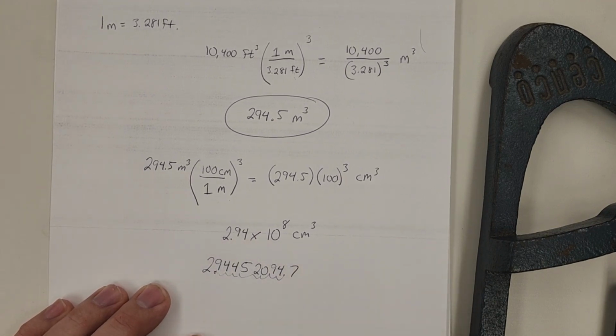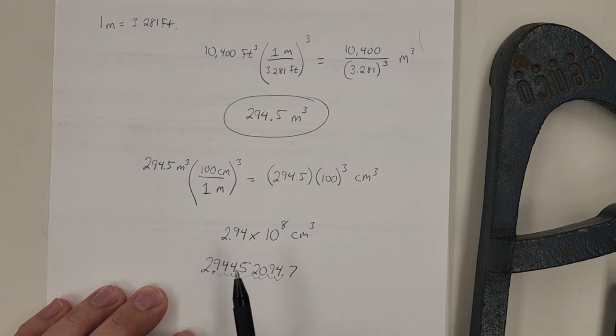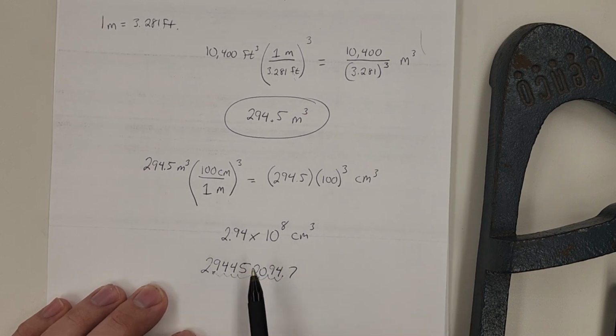And again, sig figs on this one, I'm not too concerned in my class. Other courses might want you to have more sig figs or proper sig figs. In mine, I want you to know how to do the problem, not so wound up on the significant figures. So 2.94 is fine, 2.9 is fine. In this case, I would even accept a 3.0 times